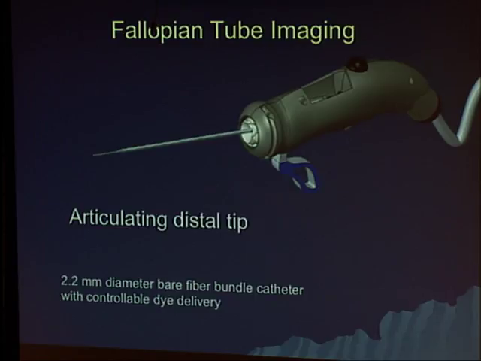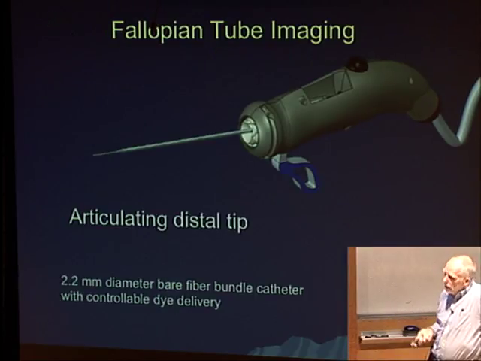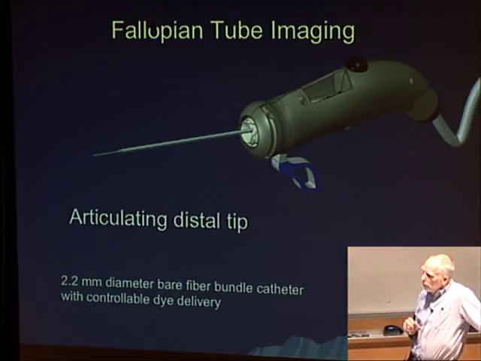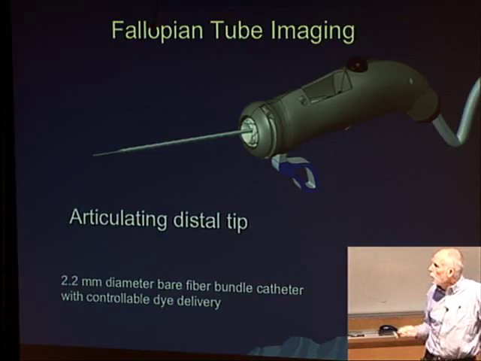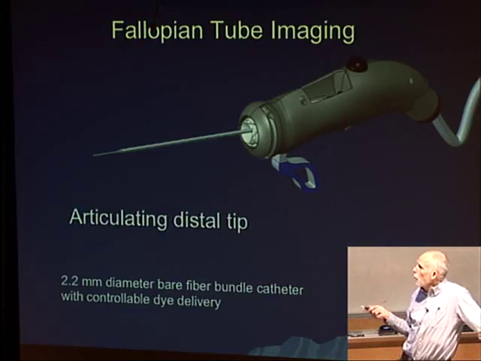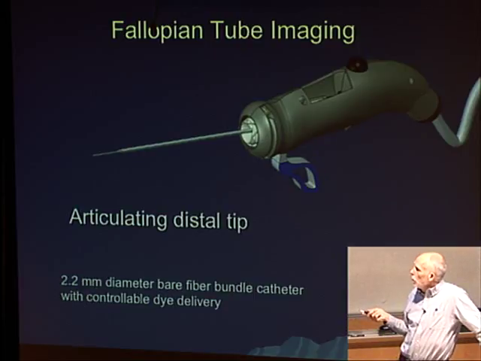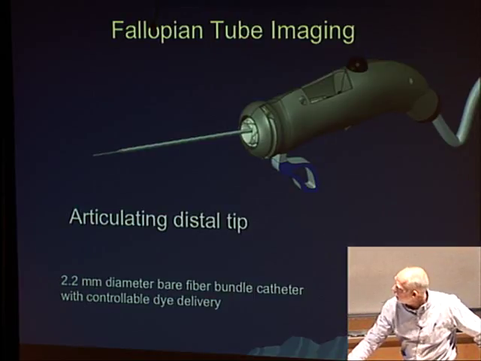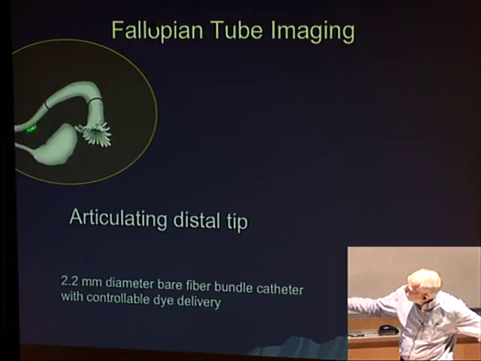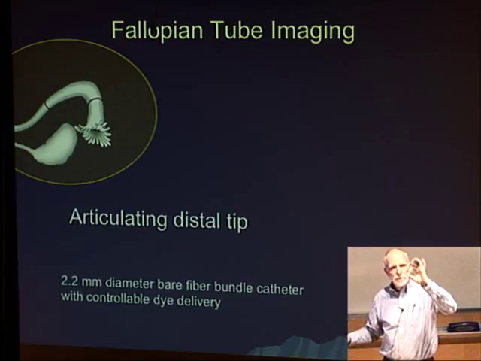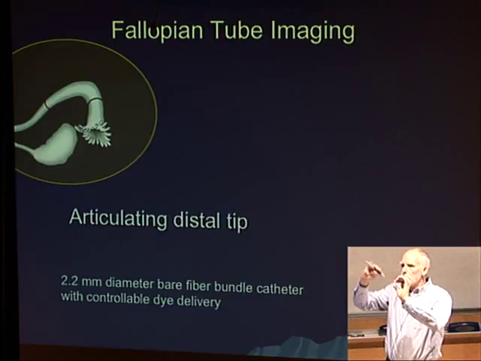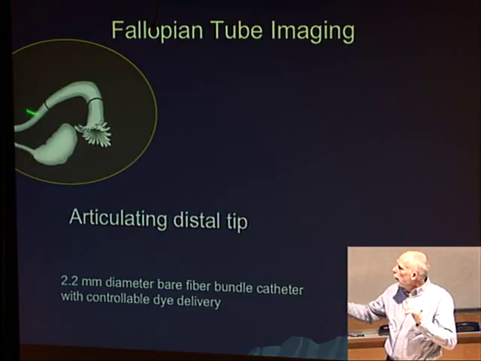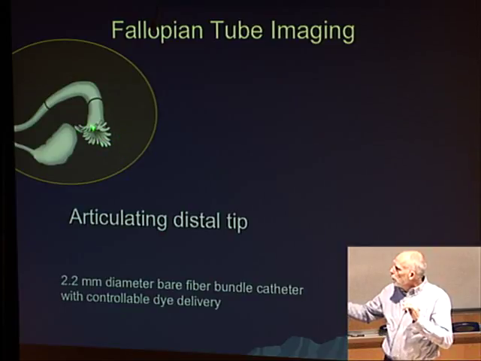So very nice lens. Another area where we've been working is in the area of trying to image inside the fallopian tube. There is a belief that many of the origin of ovarian cancer is not directly on the epithelial layer of the ovary, but rather in the fallopian tube. So what we'd like to be able to do is get into the fallopian tube. And the way the ovary looks is it's something typically about that size, like a walnut, and it's got something about the size of this laser pointer as a fallopian tube coming close by it with this fimbriated end.